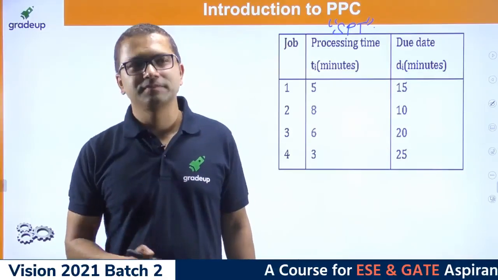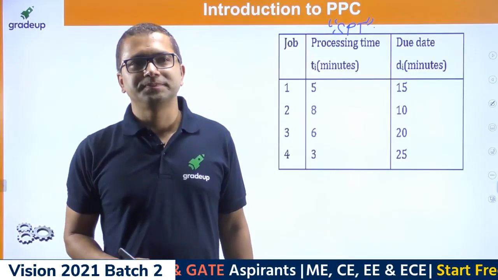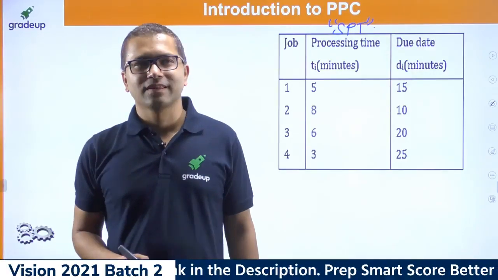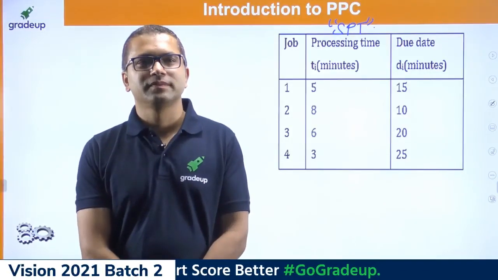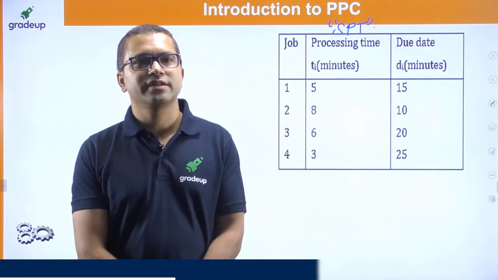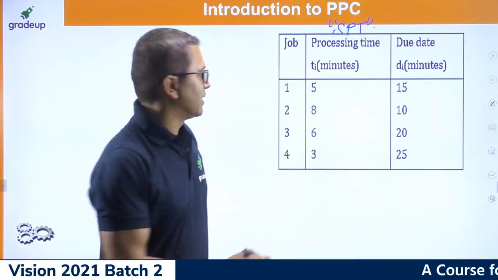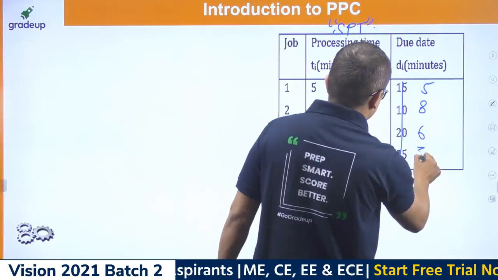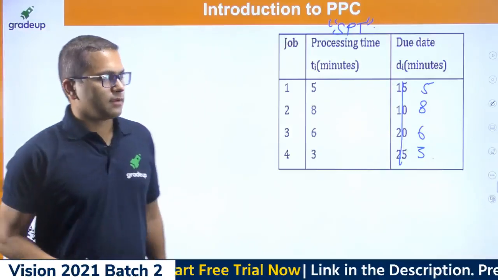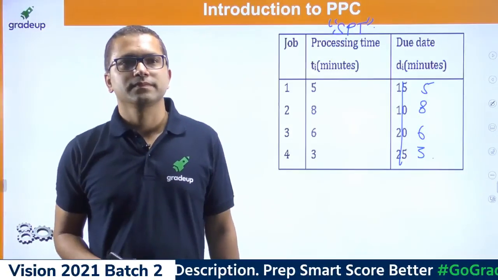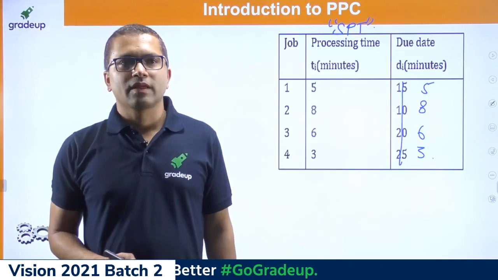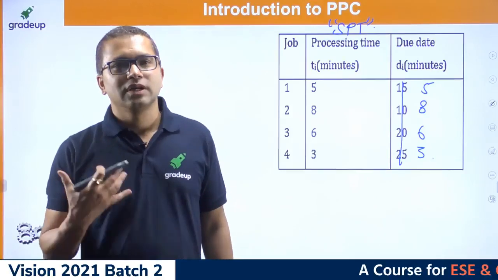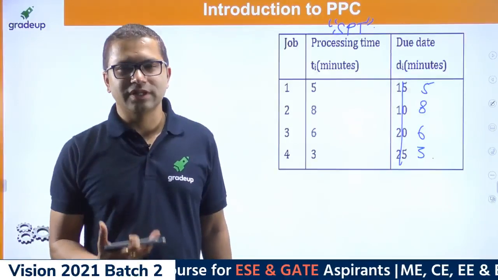Okay, let's do this. Shortest processing time. So Shubham, you are right. Krishna, you are also right. Mohammed, same. So this is 5, this is 8, this is 6, and this is 3. Okay, 4, 1, 3, 2. So can you please, Raju, try to find out how many average jobs are tardy, all right?